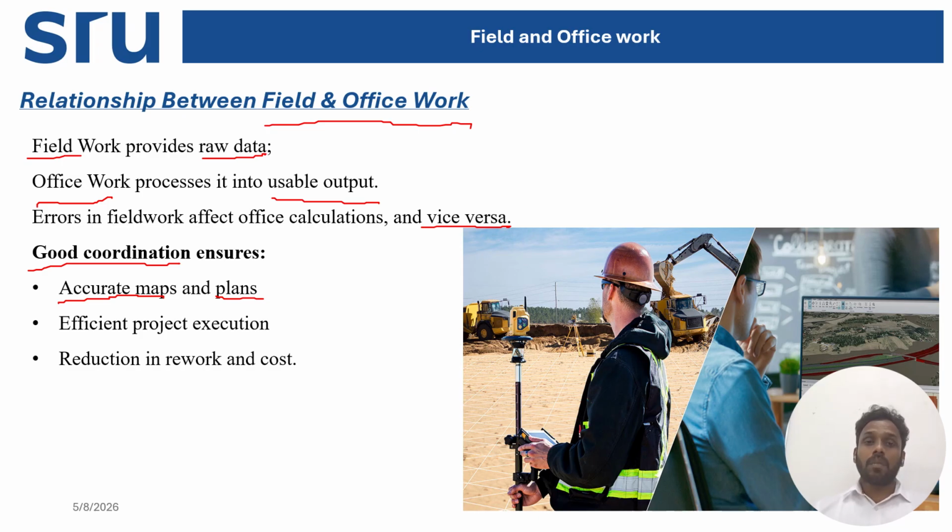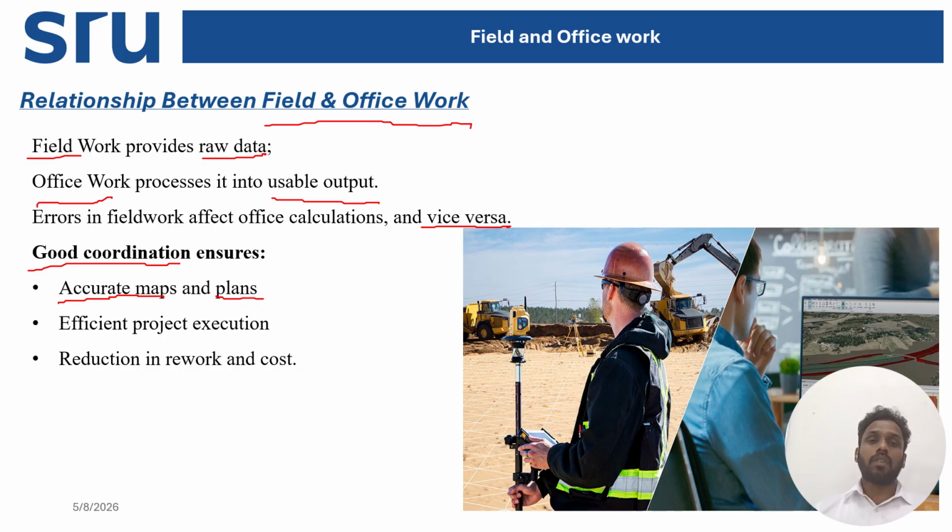Then reduction in rework and cost. As I said, as civil engineers we are dealing with execution work. A huge rework on your site will cost huge. It will cost more time and it will cost the company. So those things should be removed if you have a good foundation between your field work and the office work. The reduction in rework and cost will be achieved only if there